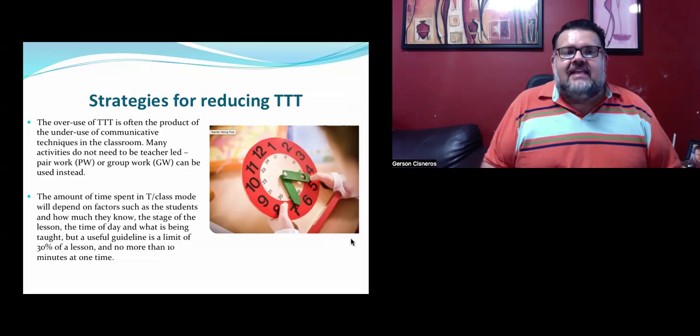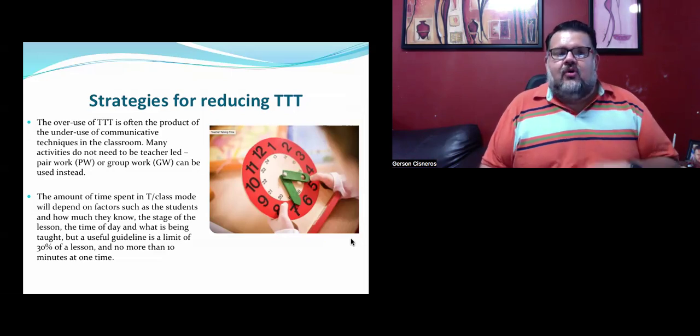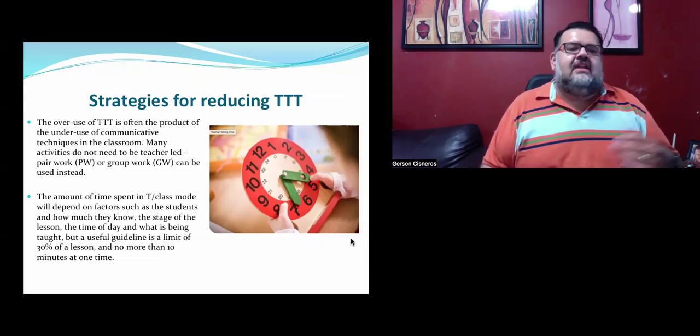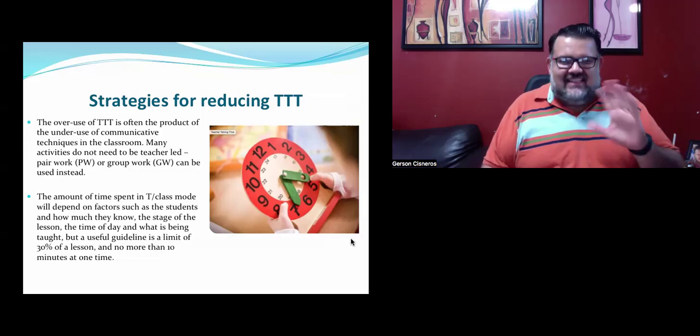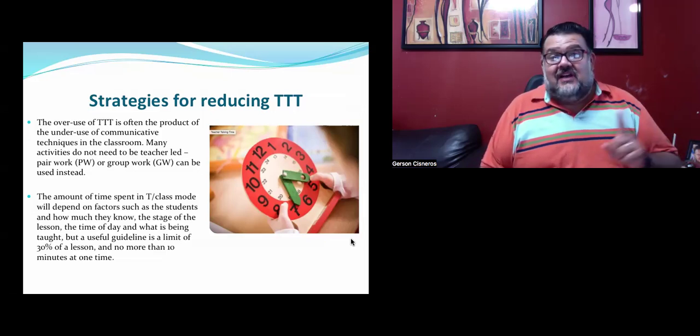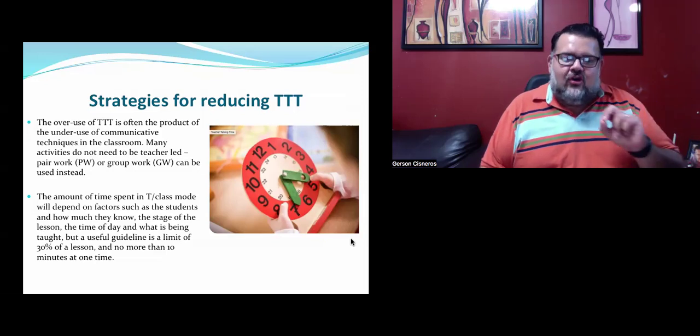Now, the amount of time spent in teacher class mode will depend on factors such as student, like how much they know, the lesson, even the time, etc. Especially if you have a class in the last hour, well, that's very difficult. But notice what it says at the end, and I quote,